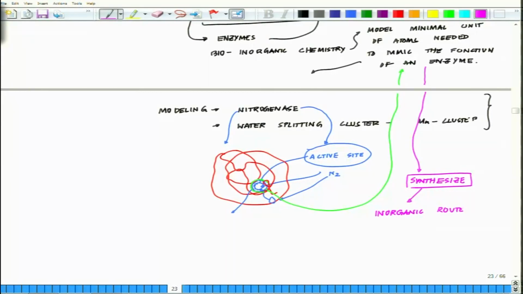If you could get it by a stable inorganic route, then you can actually transform nitrogen to your desired product in a controlled